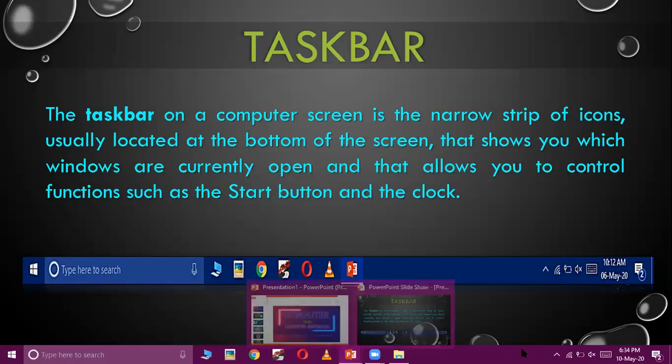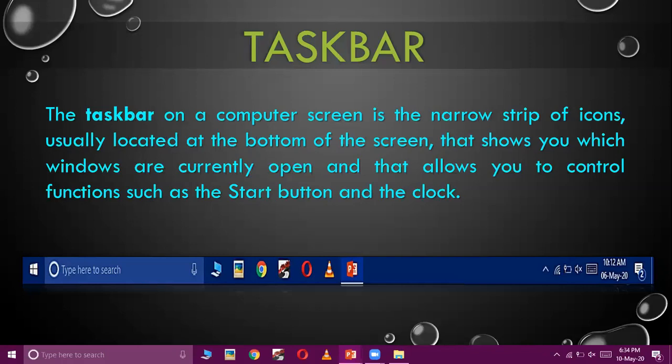And just at the right side of the taskbar, this area is known as the notification area. The notification area contains some generally used options, for example, internet connectivity, your date and time, speaker settings, by which you can increase or decrease the volume of your computer, and the notification bar.